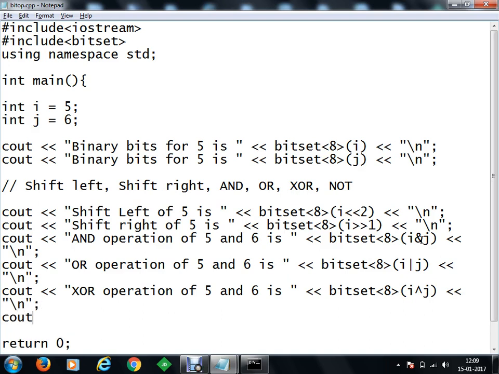And finally you have to perform your NOT operation. NOT of, let's say 5, is something like bitset 8 bits, and let's just convert the value. NOT operation is this. This symbol is the NOT operation.